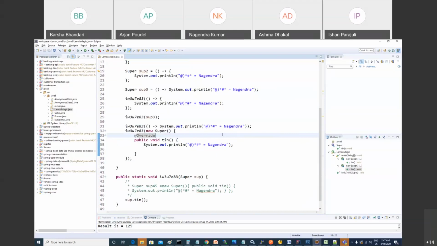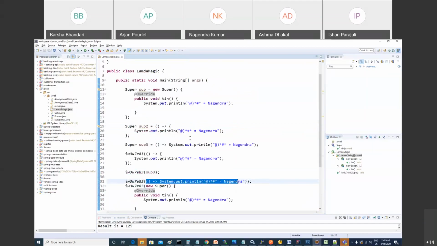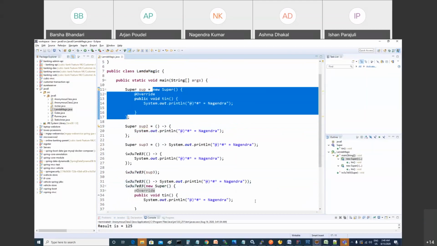When you see this code, you have to change your thinking. This is not a normal thing. It is an anonymous class, right? This big thing. You have to think like this in your mind: the lambda expression is a big thing. It is just a compact form of the anonymous class based on a functional interface. Answer to me.